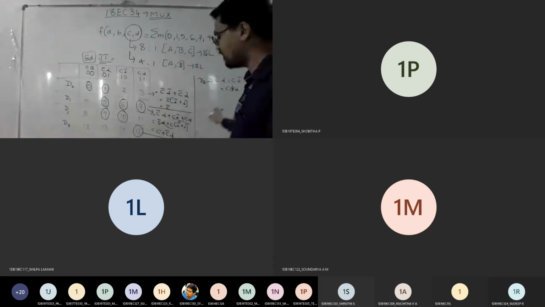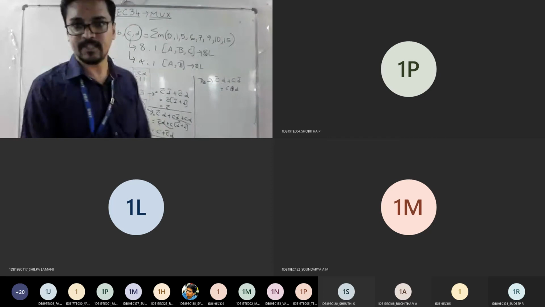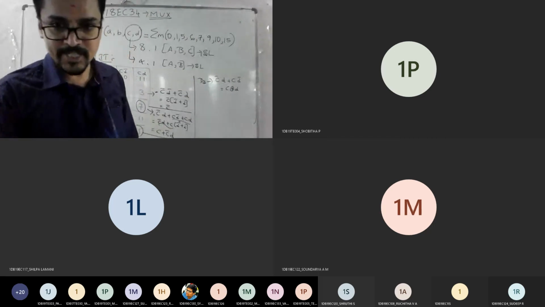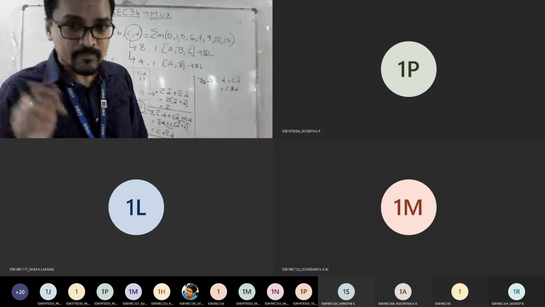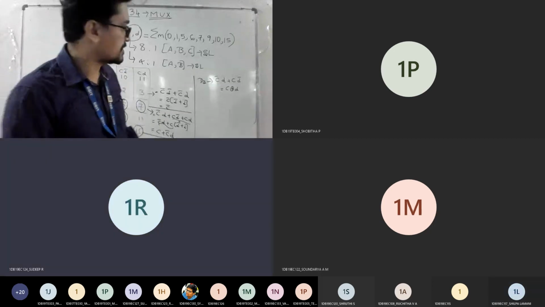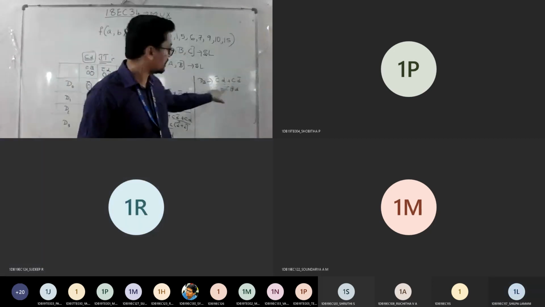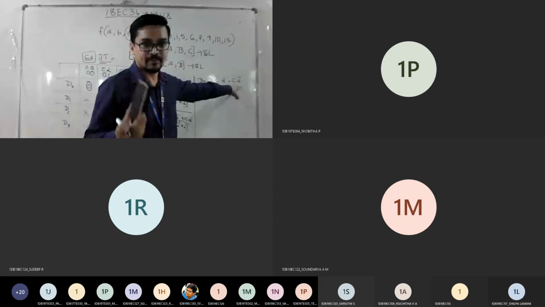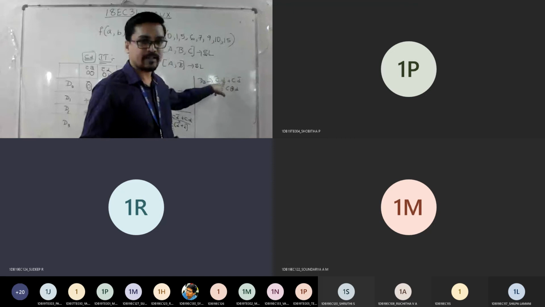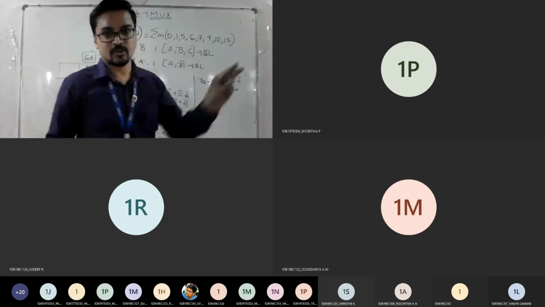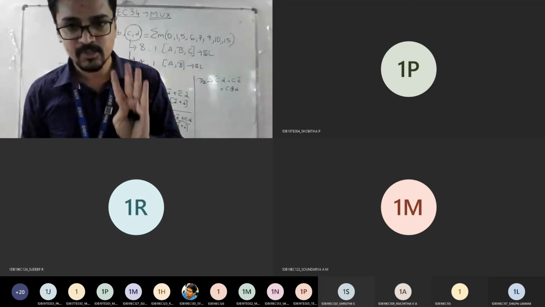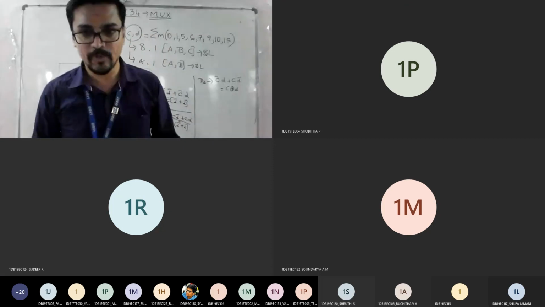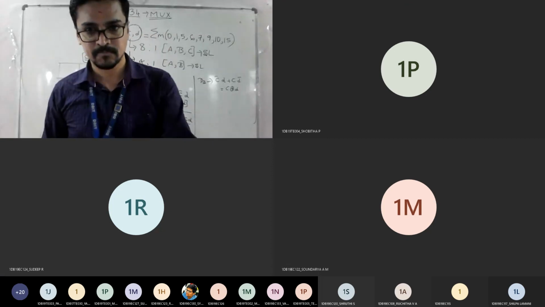Understood? See why I did it using XOR. Can anyone tell me why I can't consider C bar D plus C D bar only? What is the change? More number of inputs. Very good. If you take C bar D and C D bar, you want the complement of C, a NOT gate, and the complement of D, a NOT gate: two NOT gates, two AND gates, and one OR gate. So you require 5 gates. Instead of 5 gates, I can use a single XOR gate. I hope everyone understood the advantage now.